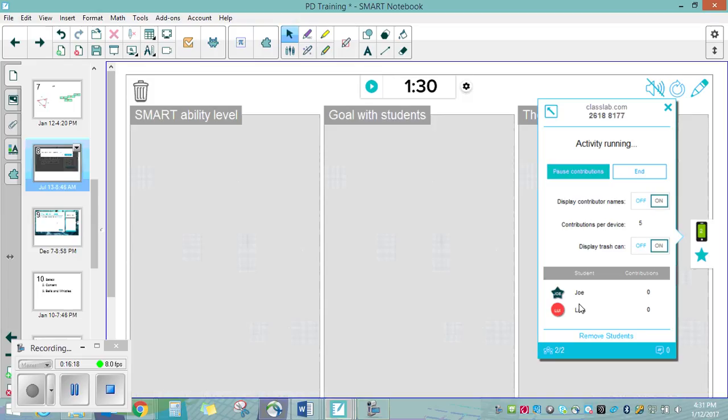Right now I'm using a laptop as well as my smartphone, and you can use an iPad or whatever else you would like to be using, or Chromebook. It's all web-based by going to classlab.com and using your activity code. I have a separate video to do more details with this as well. So with that being said,